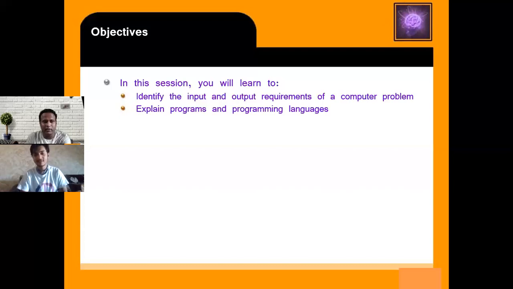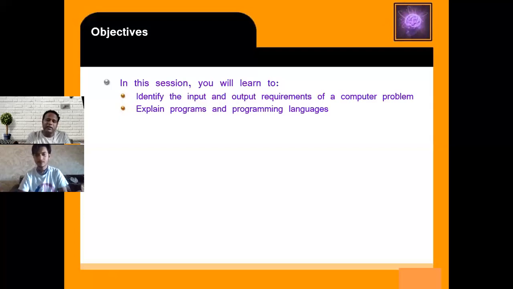So the computer cannot understand any kind of programming language. Now the computer only understands the byte code format. For giving an instruction to the computer, you have to use a programming language. There are a lot of programming languages used where you give an instruction to the computer that you have to do a particular work.